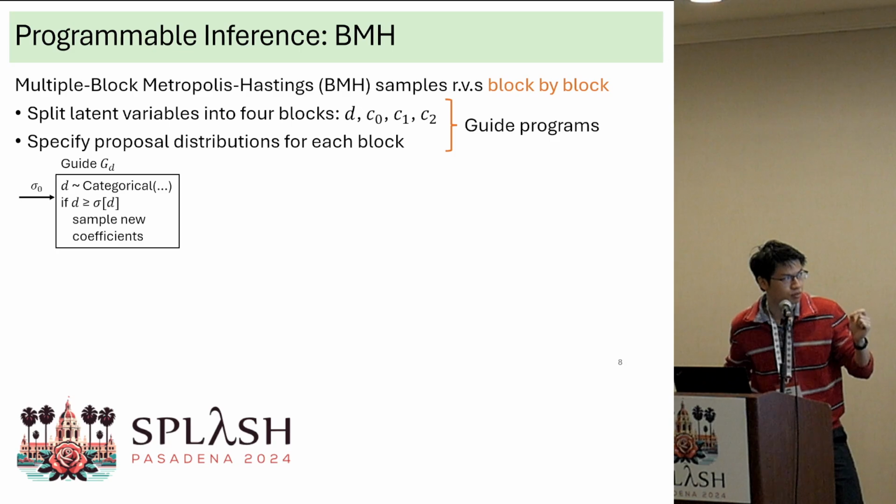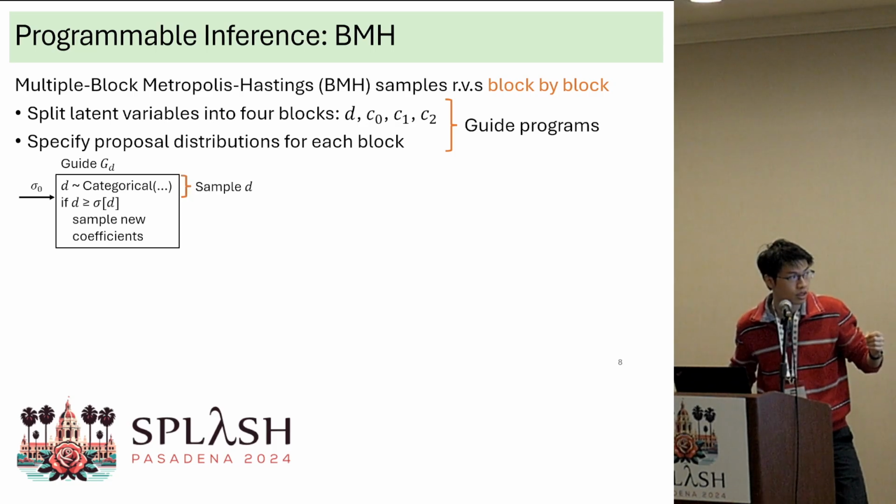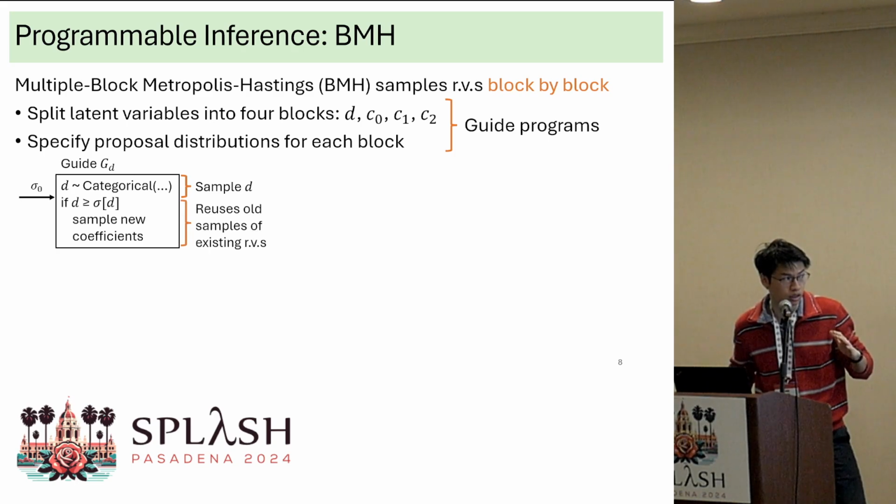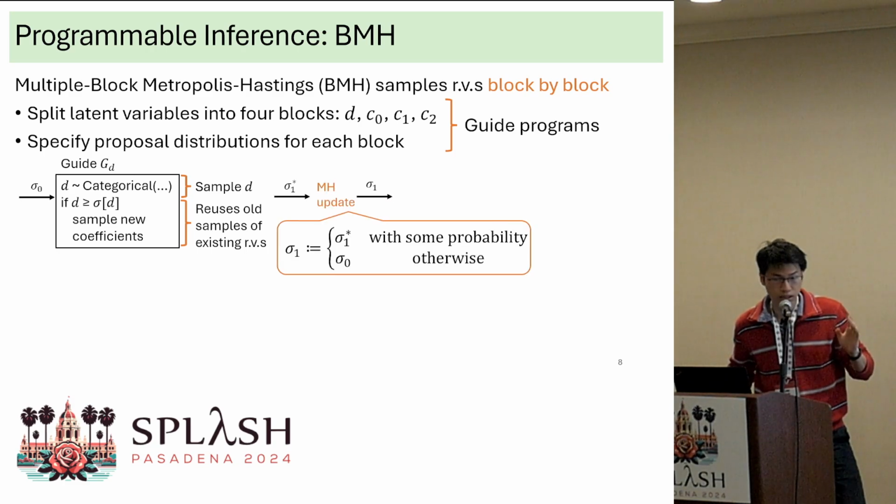So back to our example, let's focus on the first guide, Gd, for the polynomial degree d. It first samples the random variable d, and for all the other existing random variables, it simply reuses old values. And after running this guide, we obtain the trace sigma 1 star, which stores all the values of the random variables. And then we perform the so-called MH update, where we probabilistically select the newly proposed state. Otherwise, we stay in the old one. And then we pass on this trace to the next guide, and then repeat the same step for the remaining